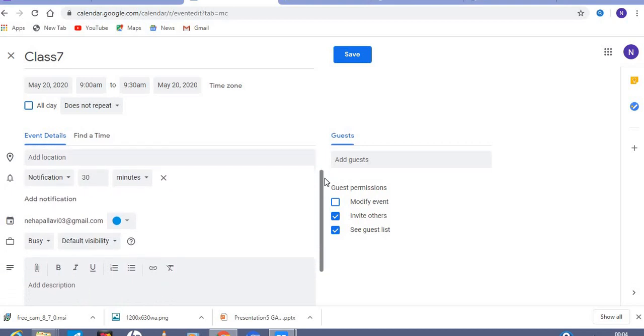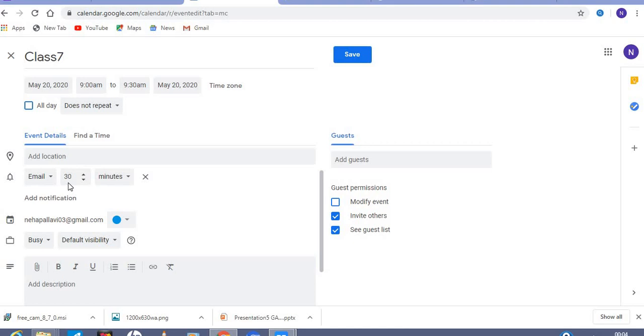Now, have you ever heard of the concept of an alarm clock? The same concept comes here in the form of a notification or email. We won't get any alarm here, but we will get a reminder email confirming that we have a meeting after this many minutes. So I am taking email as my reminder system, and I am scheduling it 30 minutes before the class, so that Google will send me an email that I have a class after 30 minutes.